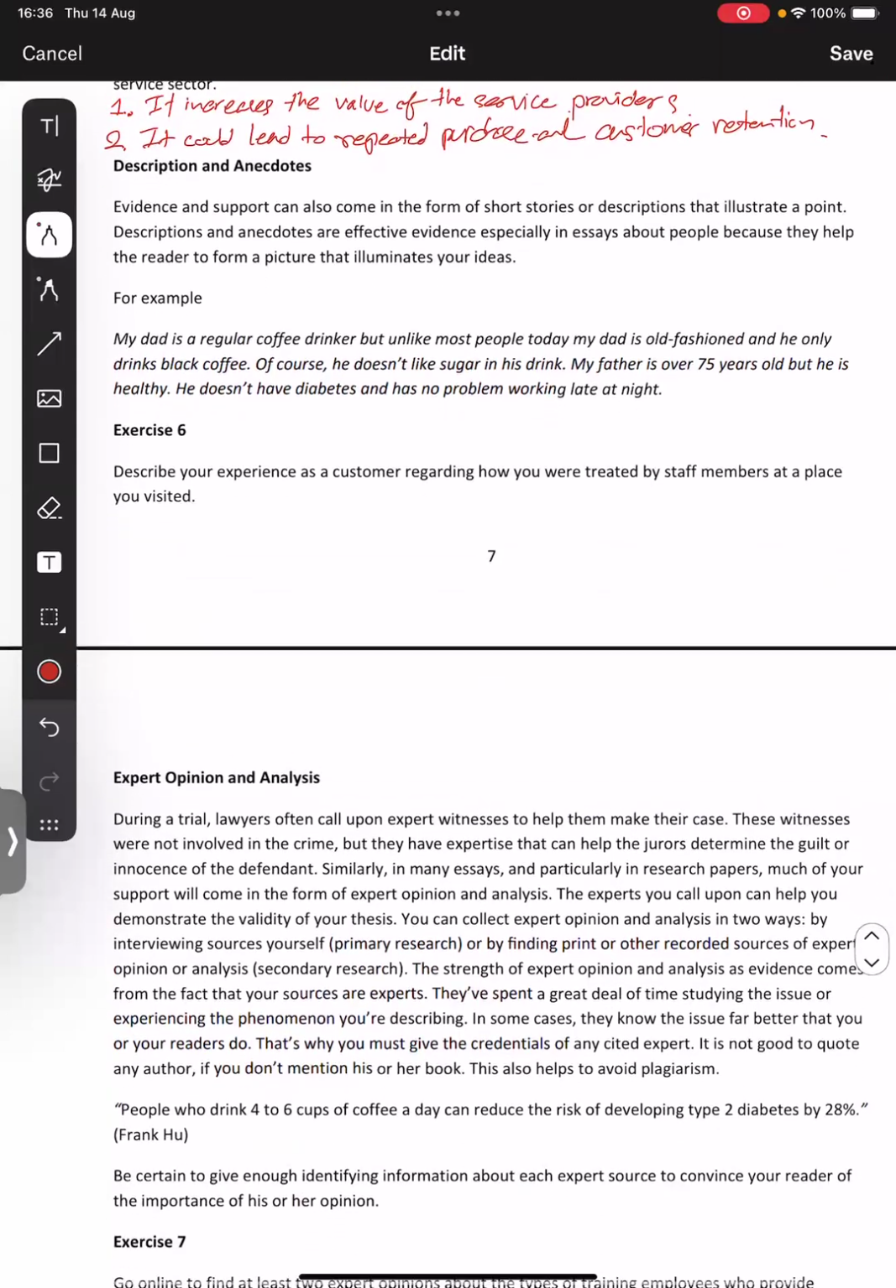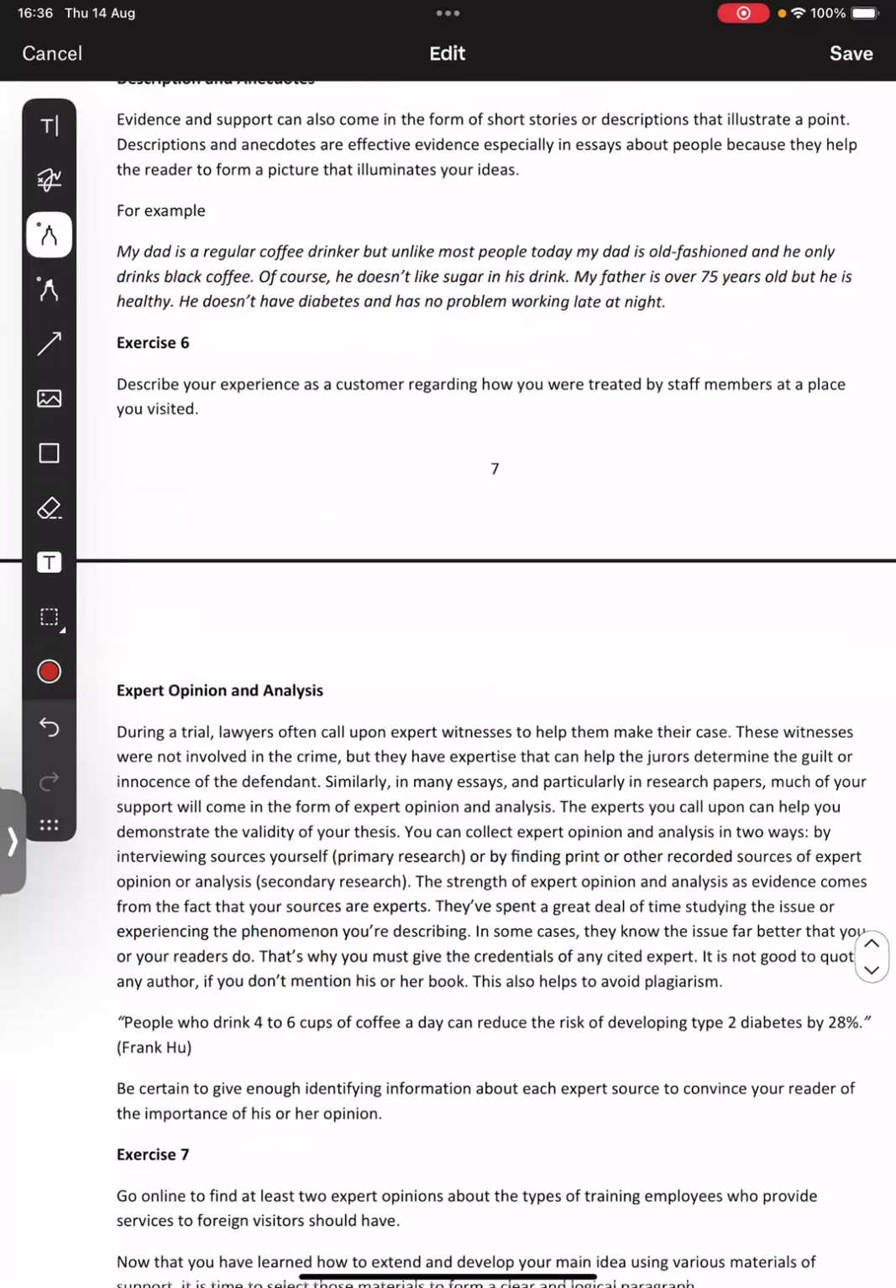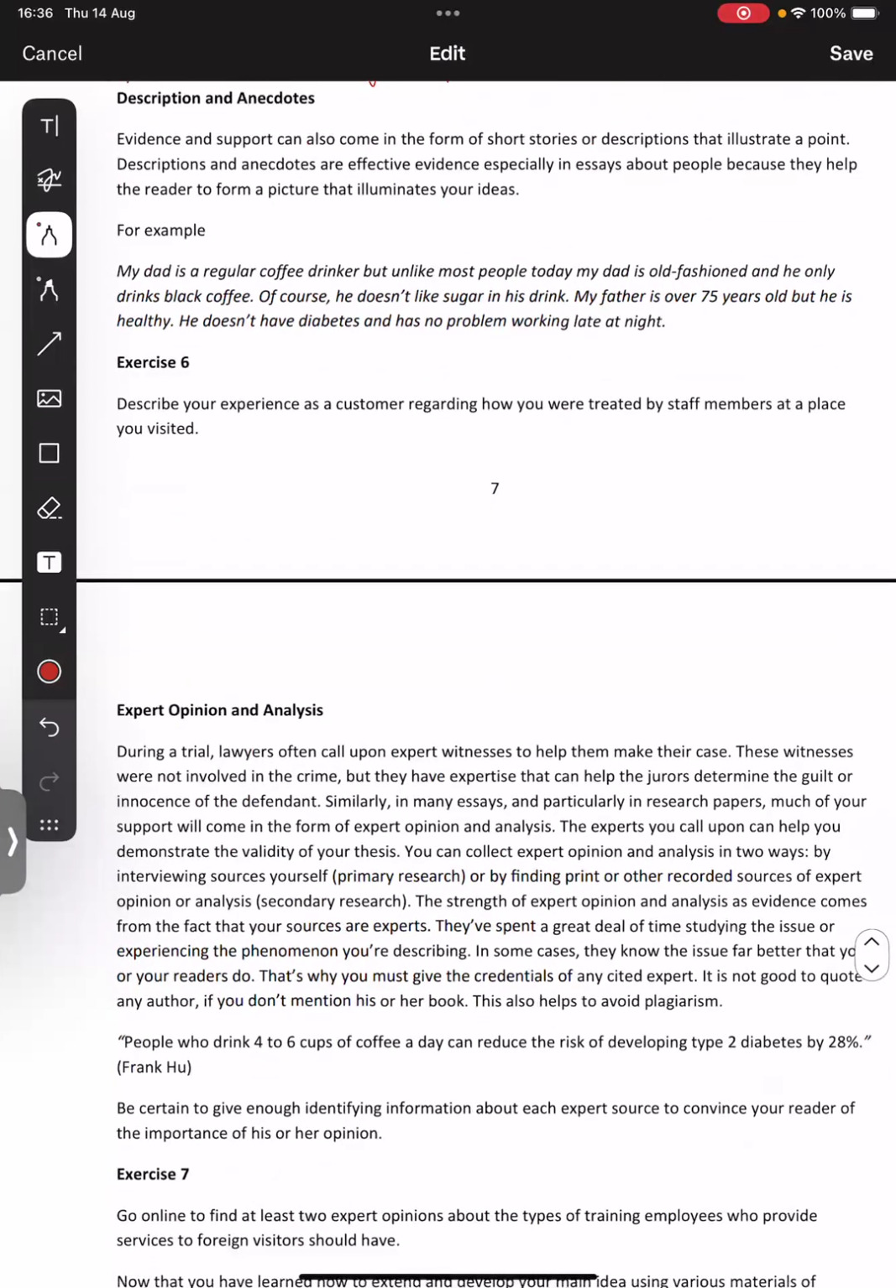Now let's have a look at the description and anecdotes. So what are they? Description and anecdotes, you can call it a short story, okay? And basically, it is a type of support that is 100% subjective. Now you might wonder, if it is 100% subjective, then why should it be used as support at all? It is because sometimes